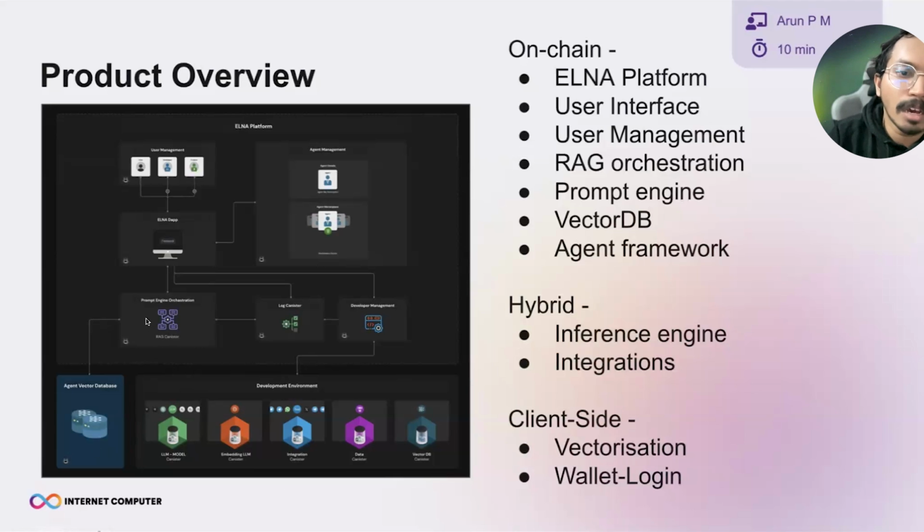And we have canisters for the retrieval augmented generation, the prompt engine, and the logging canister, which shows the authenticity of how the data is being generated. The developer management canister includes, as I said before, the listing of multiple tools, how it is being used, and when it comes to monetization, the billing part, everything happens through the developer management canister. So we have this multiple canister architecture where the inter-canister communication happens through the execution of the run.